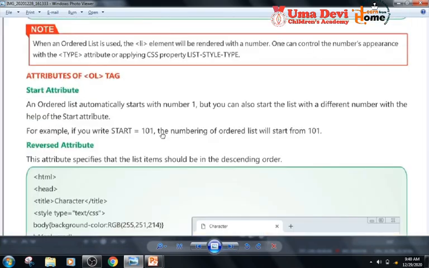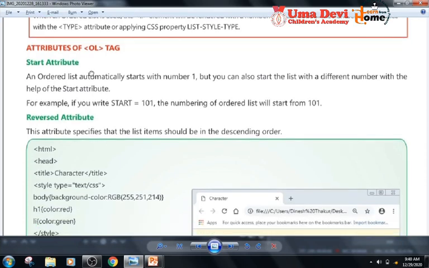So one note is here: when an ordered list is used, the li element will be rendered with a number. One can control the number's appearance with the type attribute or by applying the CSS property list-style-type. Now the attributes of the OL tag, meaning the ordered list tag. First, the start attribute.